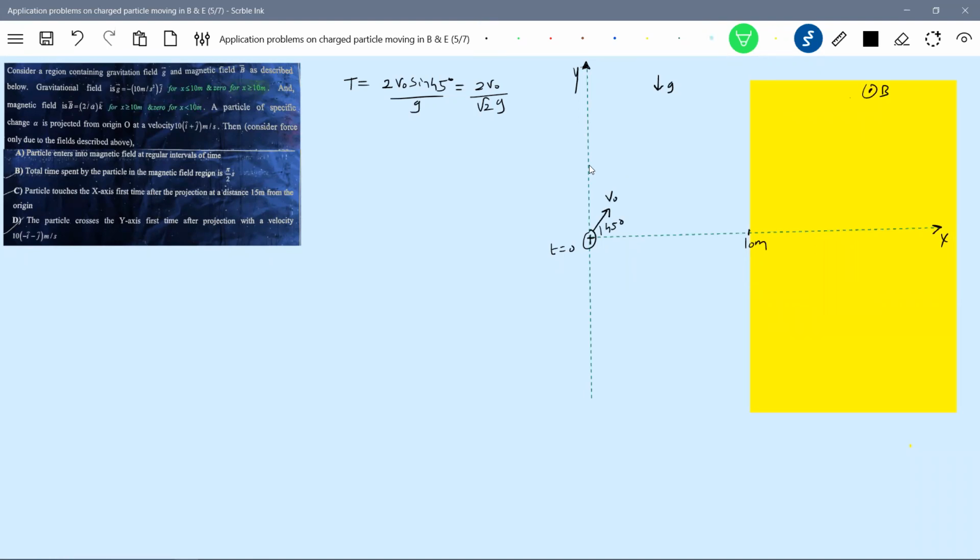Okay, there's a 2v0, and what is the value of v0? The magnitude of that will be equal to 10 root 2. v0 bar equals 10 i cap plus 10 j cap. So the magnitude of this should be equal to 10 root 2. Let me substitute that in there. So the time period will be 2 seconds, the time of flight.